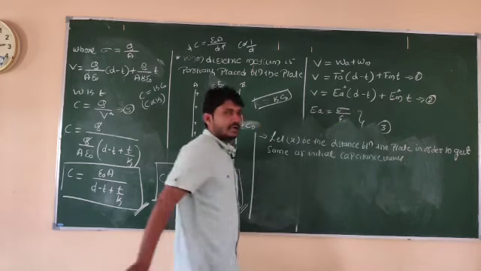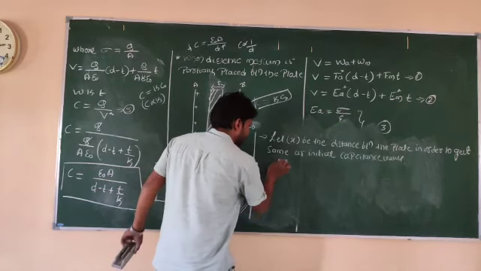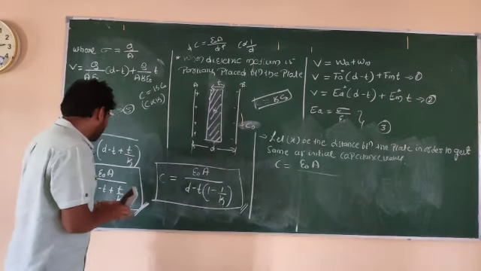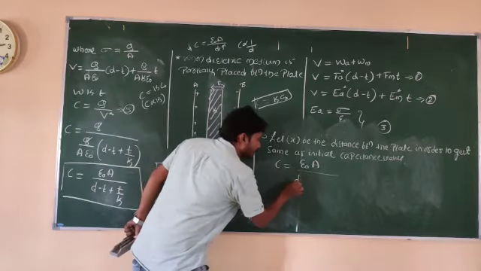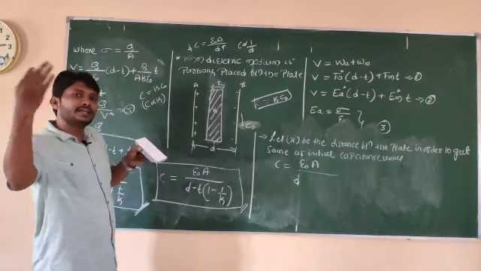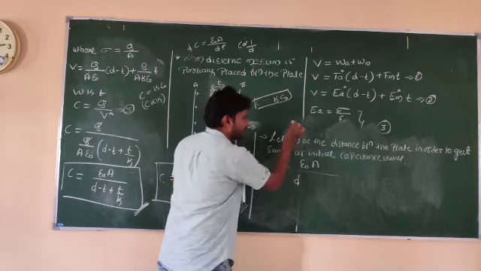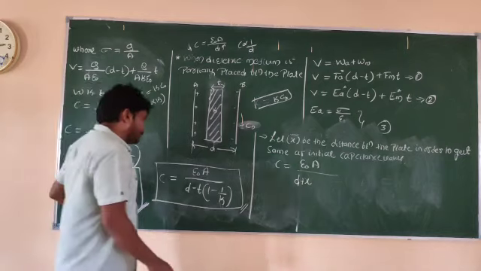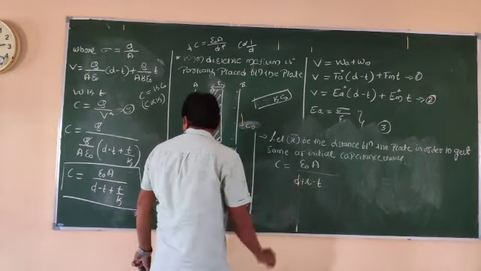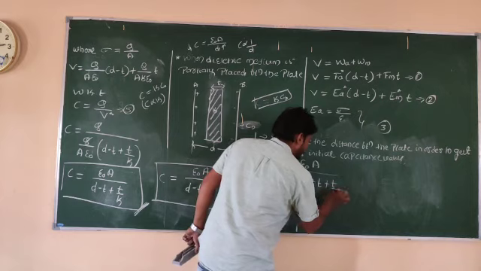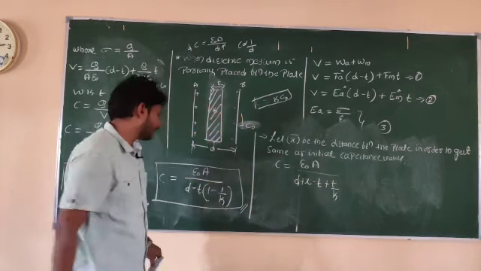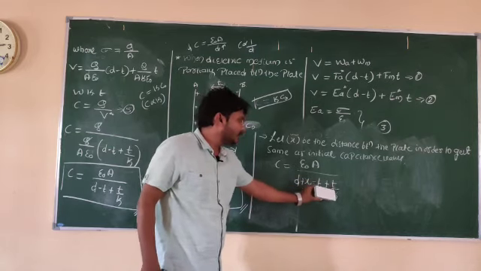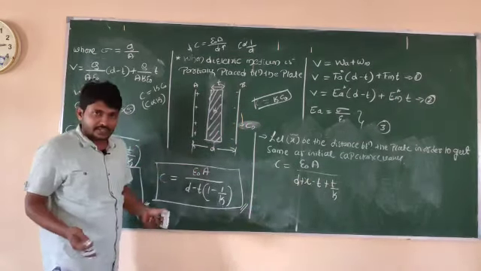So look here. I will use this equation, C is equal to epsilon naught A divided by the distance. The initial distance is d, and I want to increase the distance some more. So x amount of distance I am increasing. Shall I take that distance as d plus x minus t, and plus t by k here? Hope you are understanding. So d plus x minus t plus t by k is the effective distance I get.